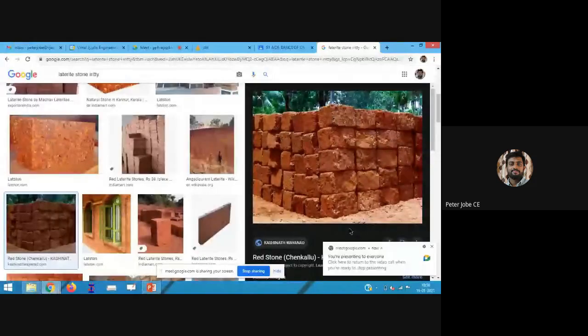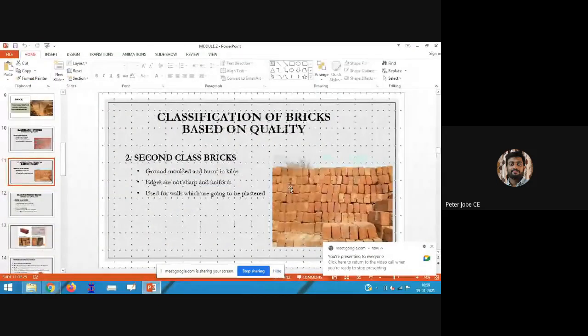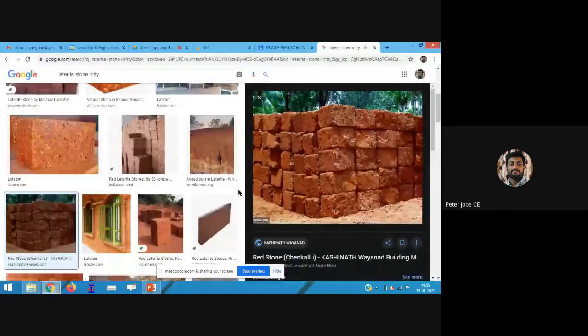So I'm showing this figure to all those people who haven't understood what I have asked. It's actually the laterite brick. This is quite different from what we are discussing now. Right now we are discussing molded bricks, in which we use clay to mold into our required shape. But when we are talking about laterite, you can see